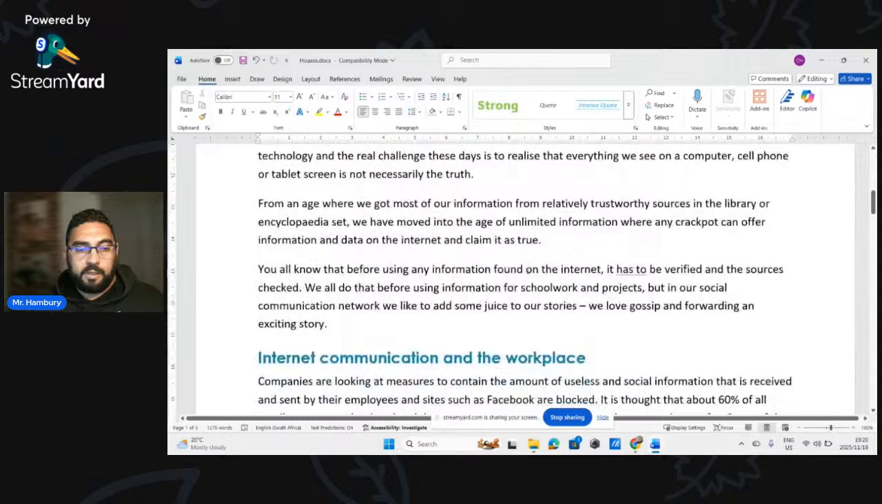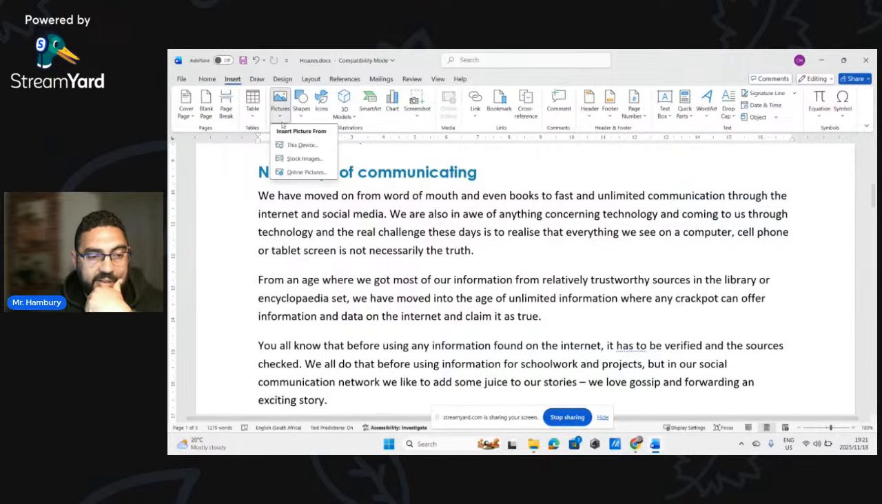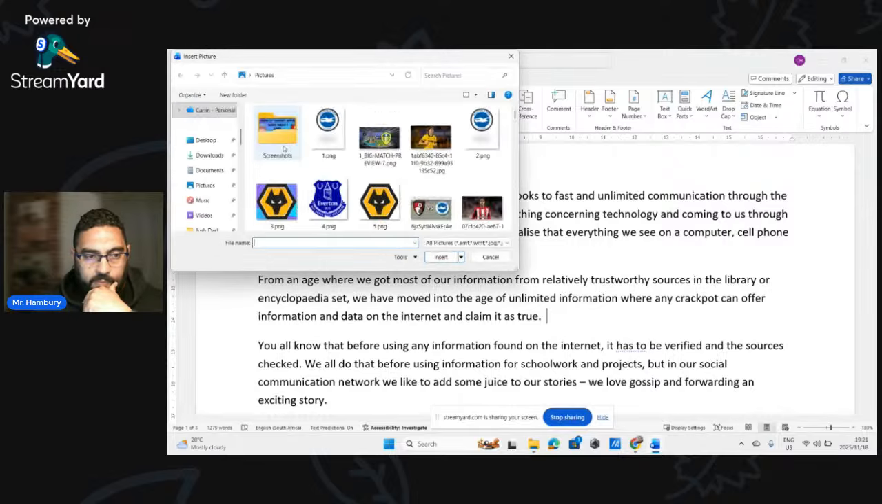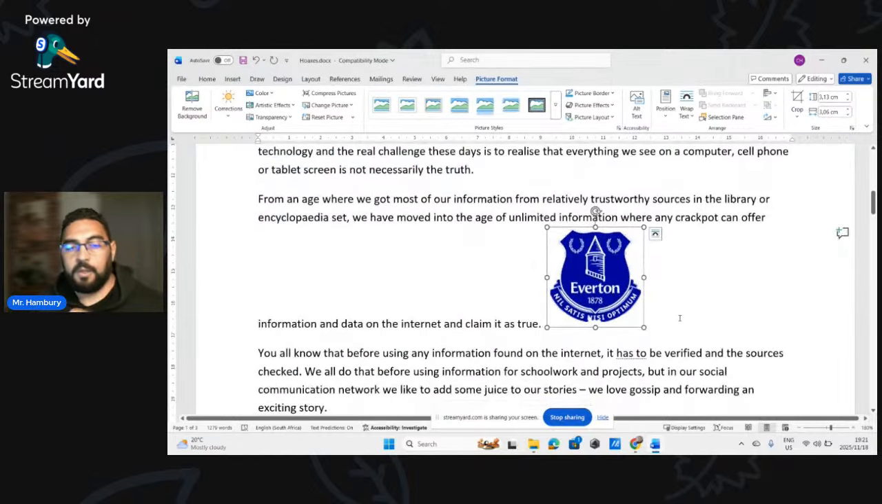Now, let's just insert a picture quickly. So I'm going to go to this paragraph, and I'm going to see if I can quickly find a picture. Oh, Lincoln with his soccer. Okay, let's use Everton over here. Now, do you see how this image is displayed? So let's just touch on 1 or 2 things. Number 1, with an image, when I